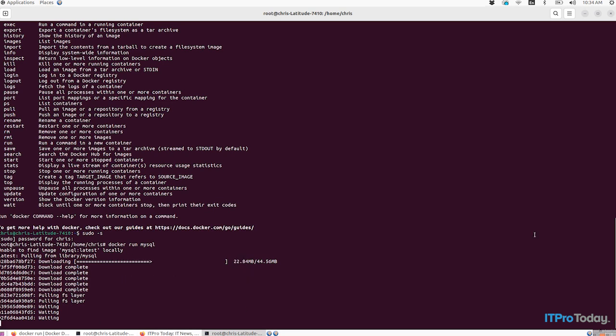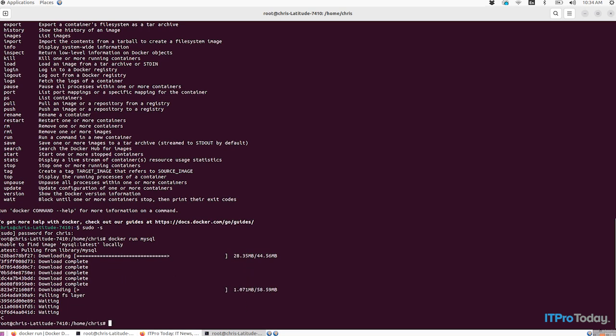I'm not going to wait for it all to download, but that's pretty cool, right? Docker, in that sense, gives you a way to run applications quickly and easily, and it's a method that's consistent across any machine. No matter which Linux distribution I was using, I could run MySQL this way. The downside is that if I actually wanted to use this MySQL database, I'd probably have to do some configuration to make it interface with whichever applications I wanted to connect to it. But still, it would probably be easier overall than having to install MySQL another way and then configure it